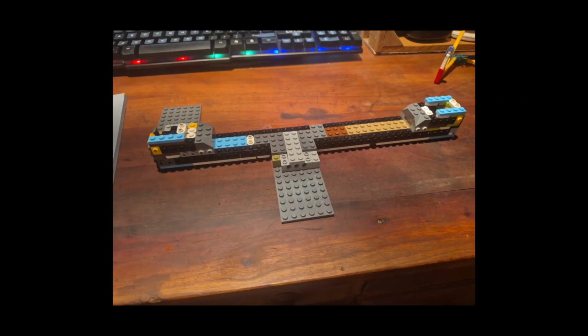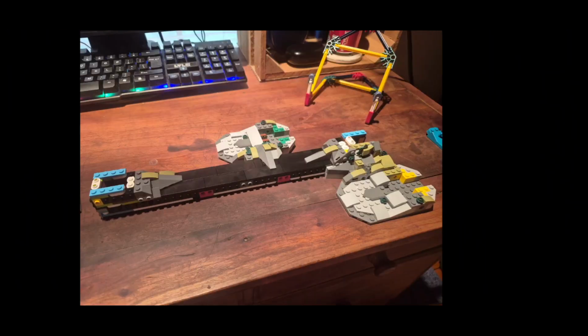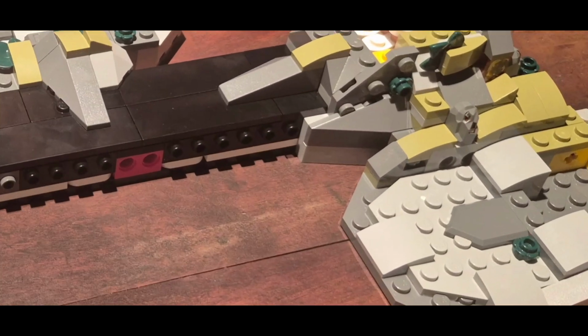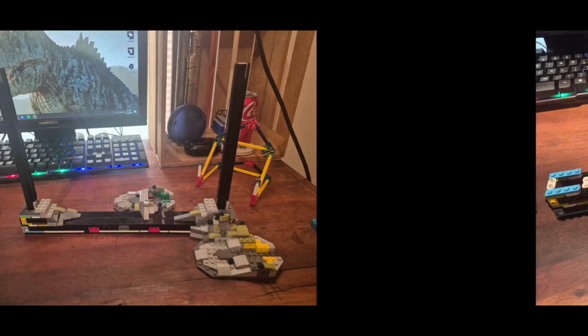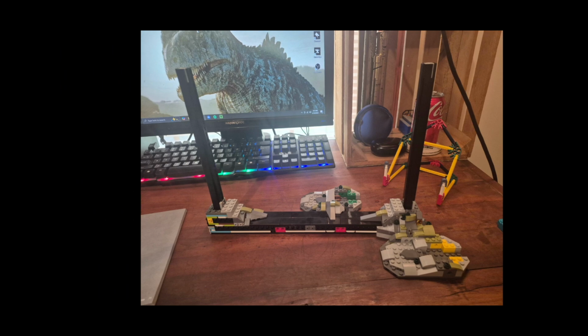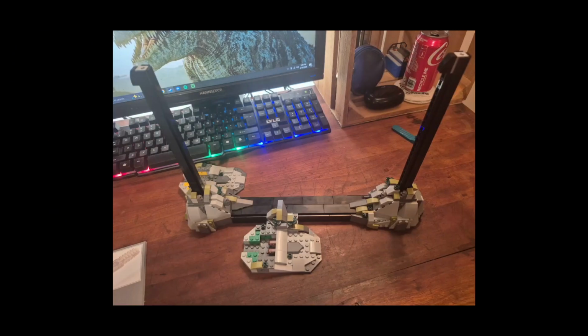So, of course, the pile of pieces which I created. Then we have bag 1, which we started to build the platform. Bag 2, we finished up more of smoothing out the platform and building up the places where the stakes would go in that actually hold up the skeleton, along with making the places for the feet to be pressed. Then you put in the pillars, and you build up around them a little bit more. You did a little bit more decoration around where the feet would go. You build...